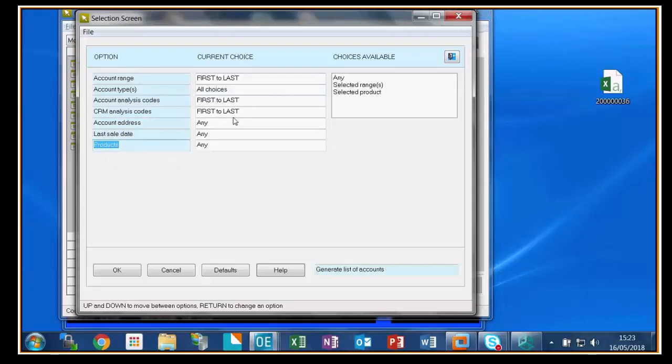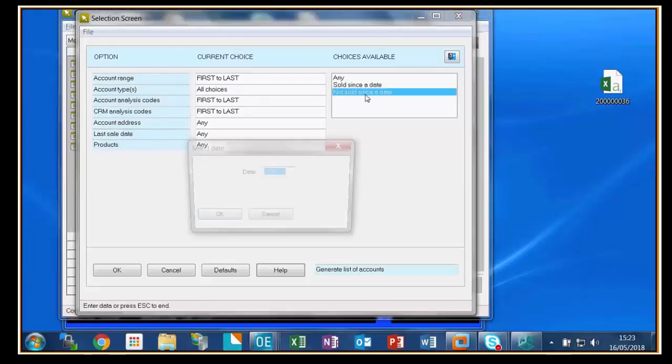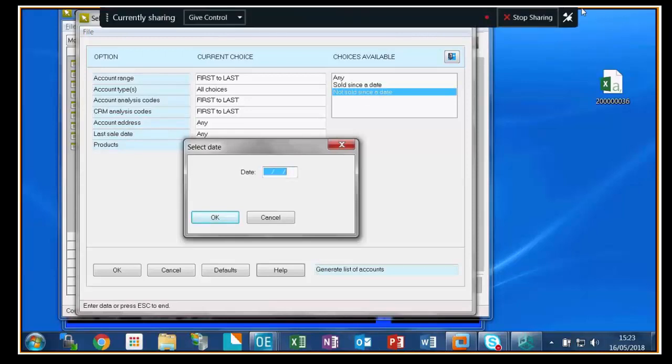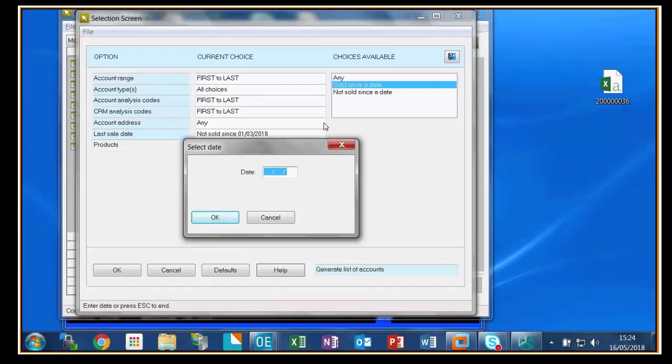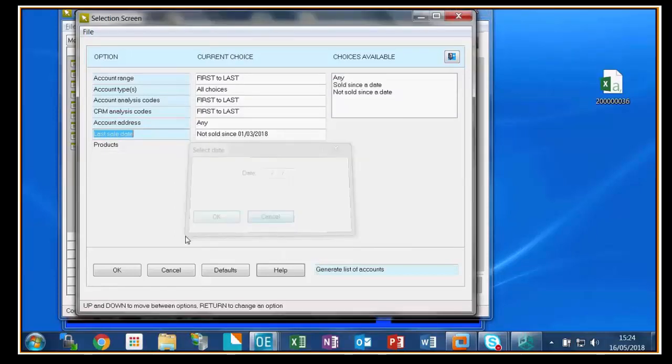So when you choose, if I did say not sold since the first of the third this year. Not sold would be because it's not sold. If I'd chosen sold. Yes. Yeah. But we don't know. We wouldn't have anyone if I chose a product range. We don't do enough on this demo kit, do we, to get anything really particular. No. But if I say not sold, and I generate my list,